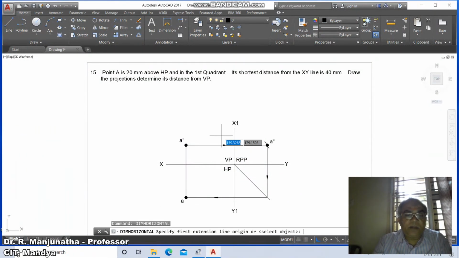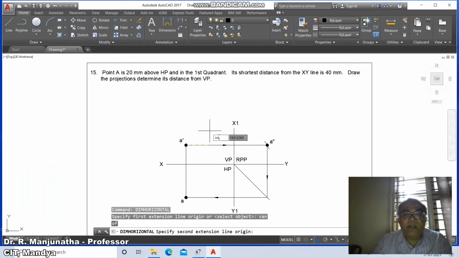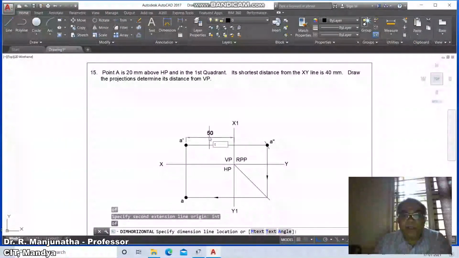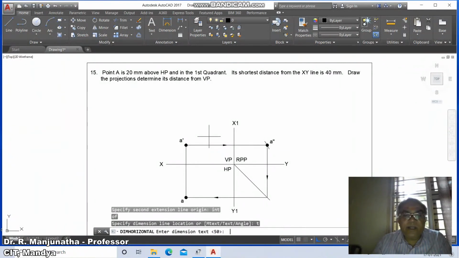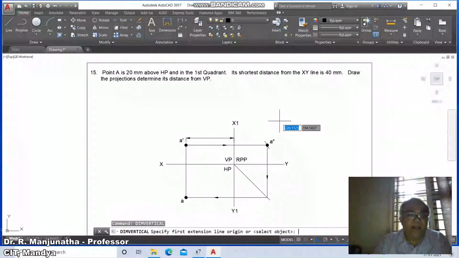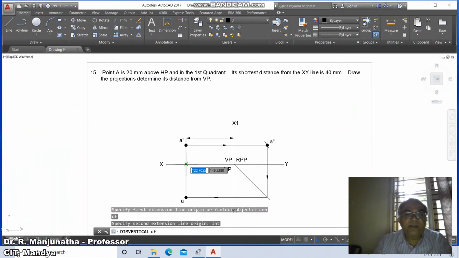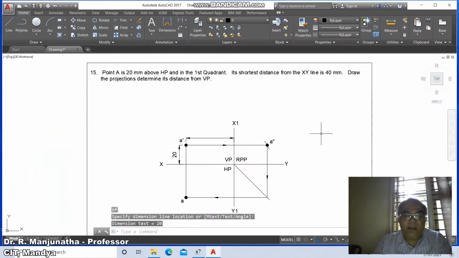Dim horizontal, take center of this, then intersection of this, then type text, give a space, enter, then place it wherever you want. Then again dim vertical, take center of this and intersection of this, and this is 20.